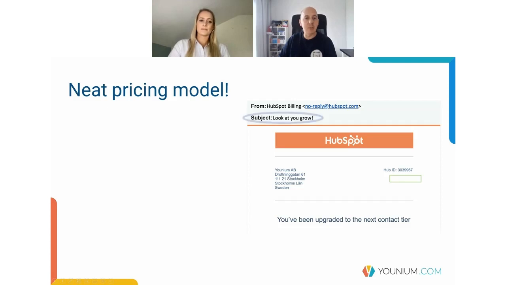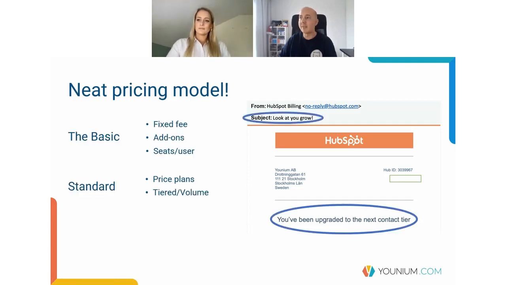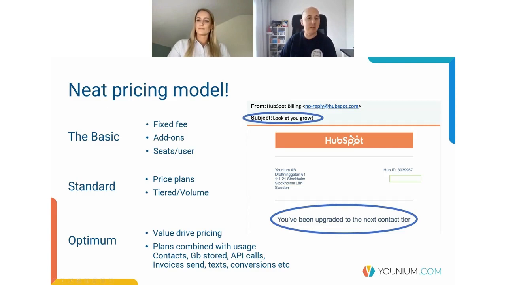So they really have this cool pricing model where you have some plans, you have a fixed fee, some add-ons, and then you have user-based seats. The other has multiple price plans and even tiered and volume-based pricing. And it's really about the value. So also with HubSpot, if you started out, most of the audience have probably at least seen some sort of quote from them. They have a very hard and heavy first-year discount, and it scales along with you as you grow. This is a really inspiring pricing model to look at as a SaaS business, I would say,